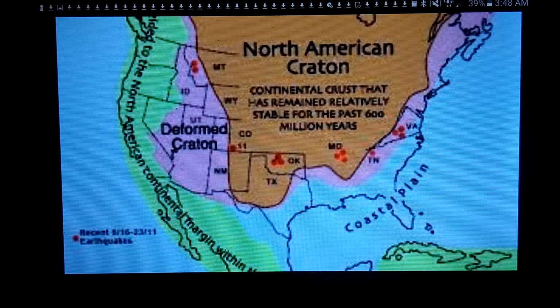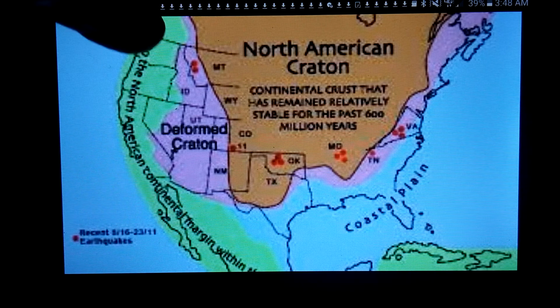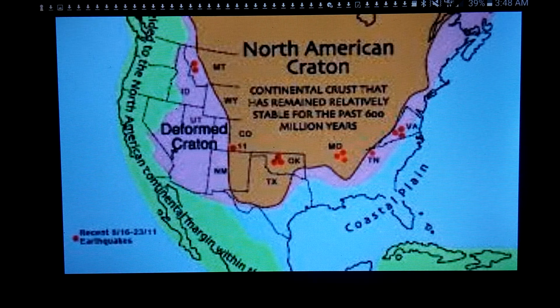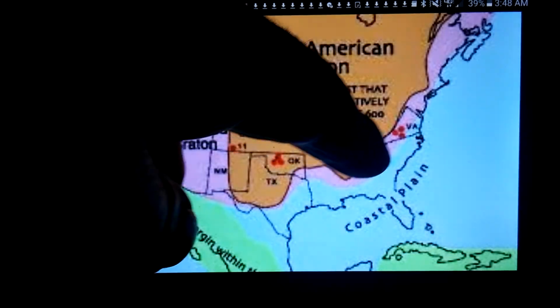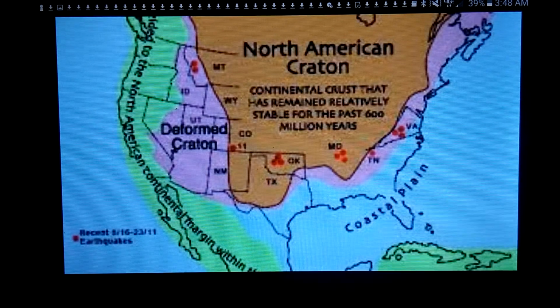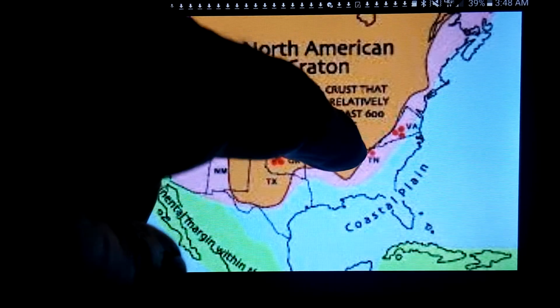All right. This is obviously the North American craton. The Laurentian craton is named after the Laurentian Mountains up in Canada. But I said earlier, and then I put this up next, and I didn't make the connection. I had just said that if you handed a map of the earthquakes in the continental United States to a first grader and said, Johnny, connect the dots, and Johnny connected the dots, and there's a better map that shows a lot more earthquakes. But that basically defines the craton, other than a lot of them there in the New